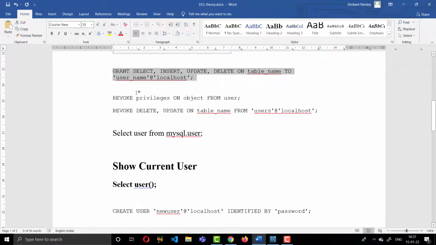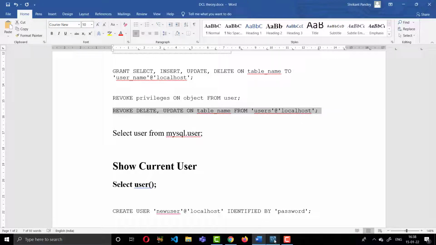Okay, so now let's move on to how to revoke. Let's understand the syntax for the REVOKE command. To revoke privileges, give the privilege, meaning what kind of permission you have set for the user, then ON the object, which means the table name, FROM the user. Initially we set SELECT, INSERT, UPDATE, DELETE on the employee table for the Rahul user, so I want to revoke.